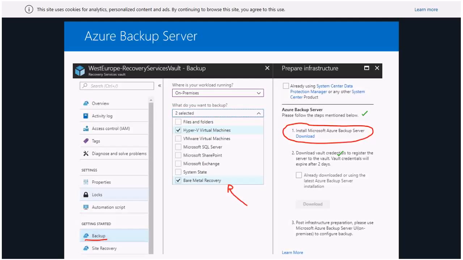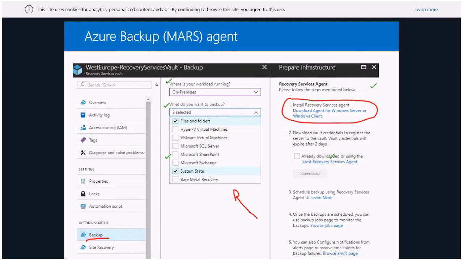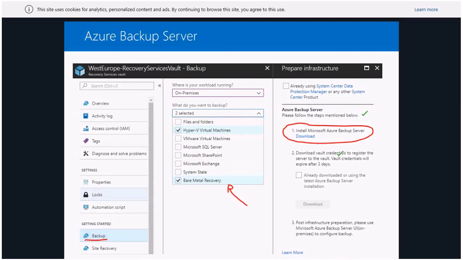Yeah, that's it. Sometimes people get a little bit lost because they are looking, oh, from where can I download the Azure Backup Server? And from where can I download the Azure Backup agent? And the answer is definitely from your Vault, but you will get the agent or the whole installation based on what you select in this box. What do you want to do as a backup? And these are basically the two options for you to get backups from your local servers, files and folders, and databases.